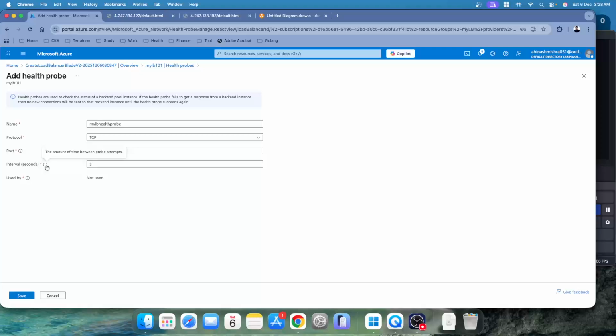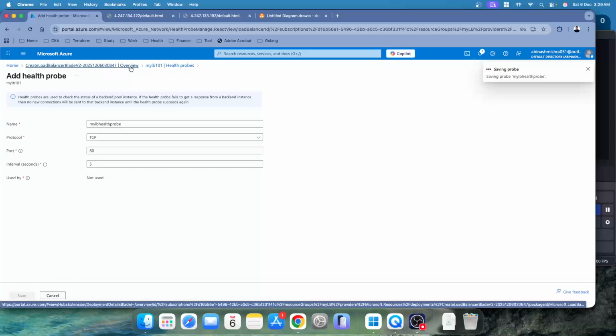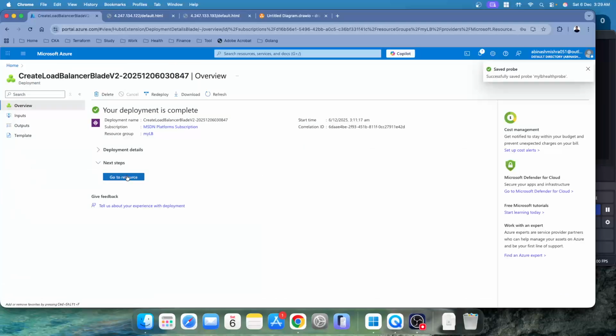So this is basically the amount of time in between the probe attempts. The load balancer attempts to ping the VMs in the 5 seconds interval, just to check if they are healthy or not. So let's save it, and while the load balancer health probe is getting created, we can go to the